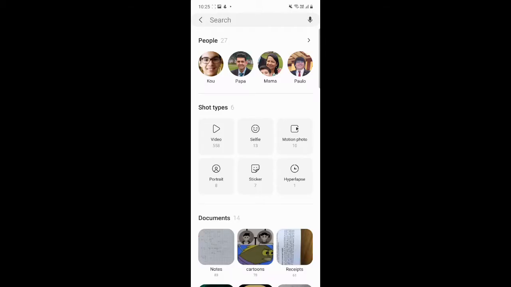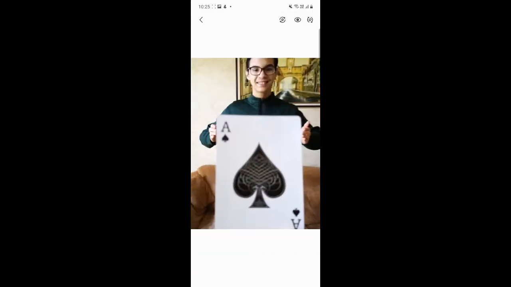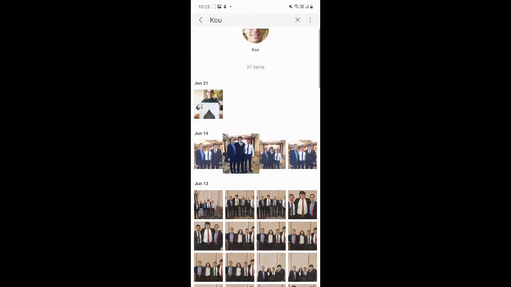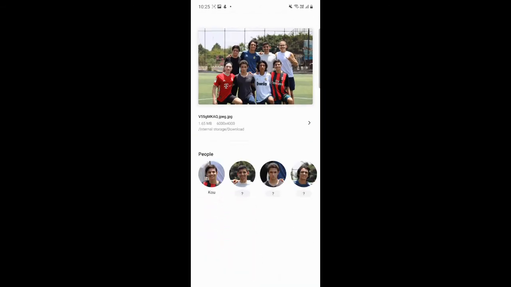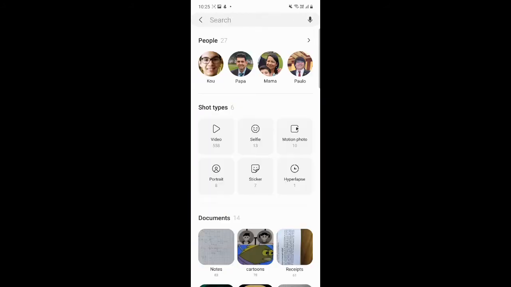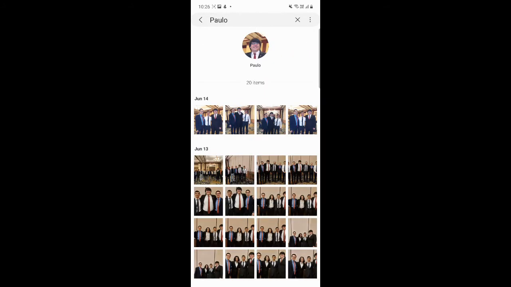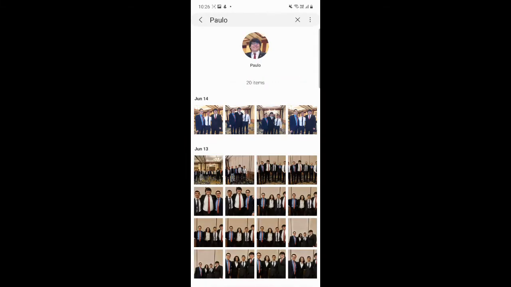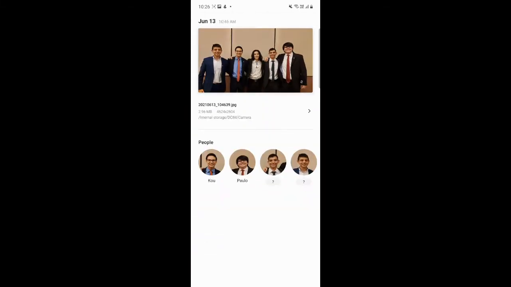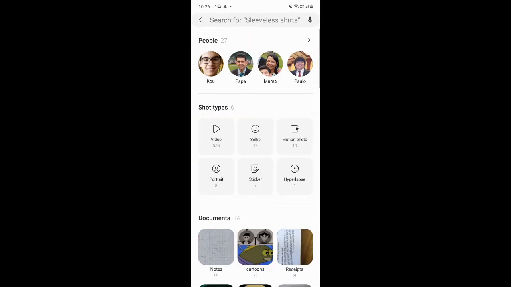Recently, I was fooling around with my phone. Take a look at what I found. As you are able to see, my phone is capable of recognizing faces and giving them the label I decide. And it is able to find those faces in the different places in my gallery.